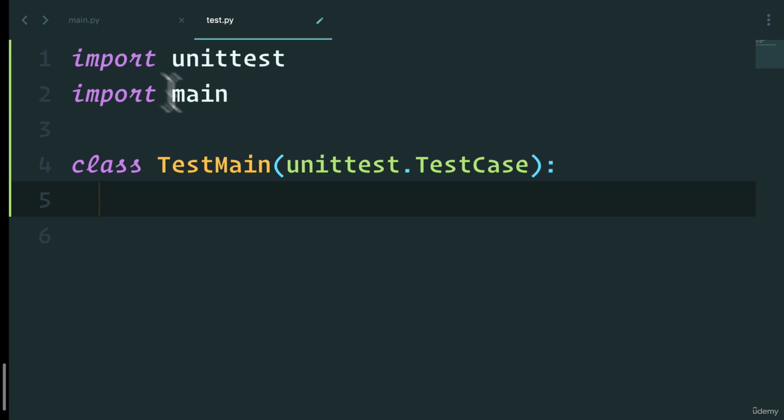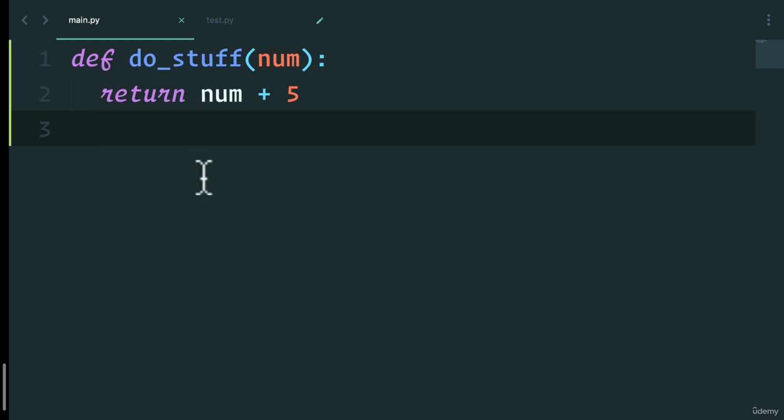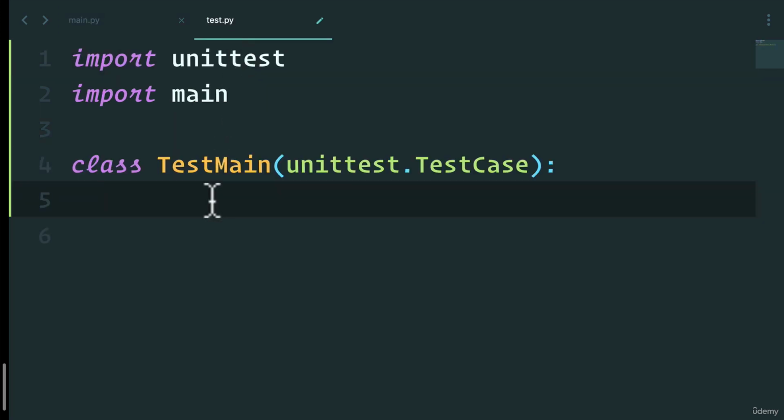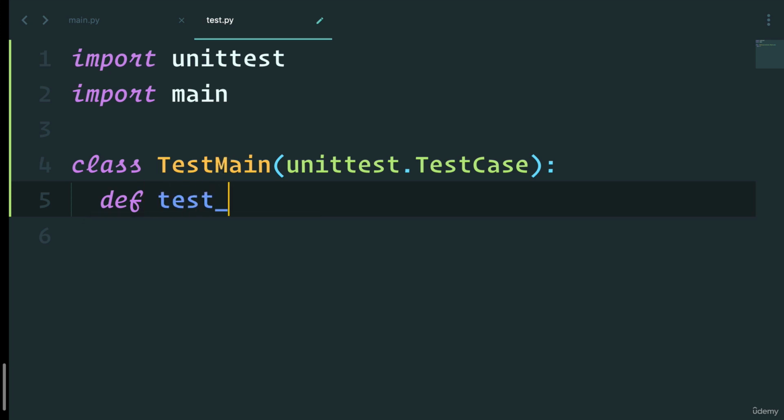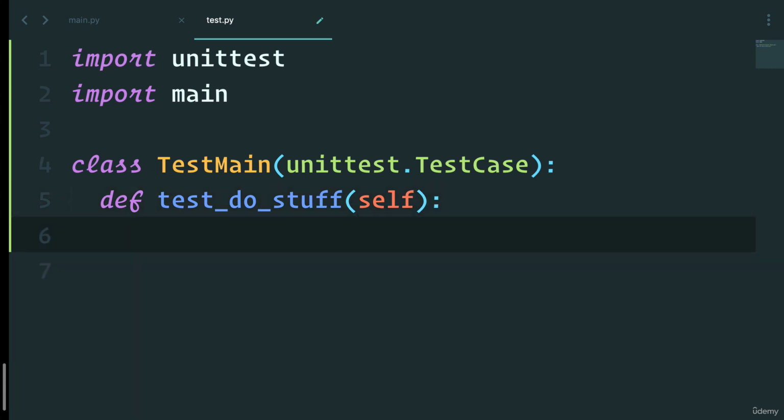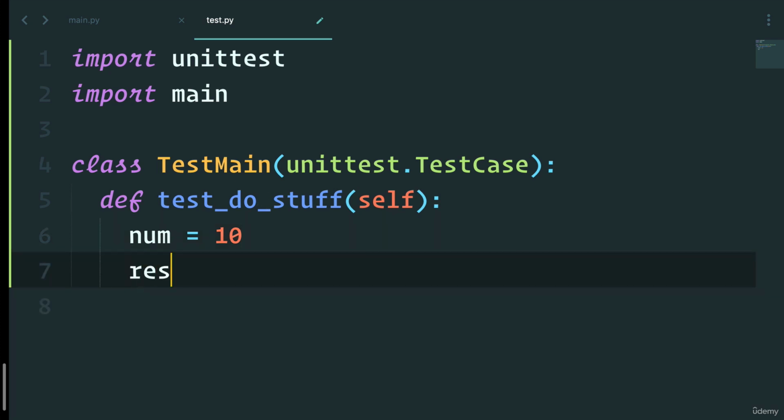So how can we test the main doStuff function? Well, we simply write a function in here, or a method because this is part of a class, and say, I want to test do stuff. And in here, it will receive self. Now in here, I can test my code. So I can say number in here is equal to 10, I'm just giving it a random number, then I'm going to say result is going to equal